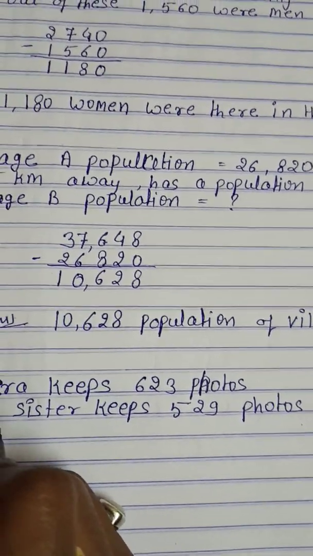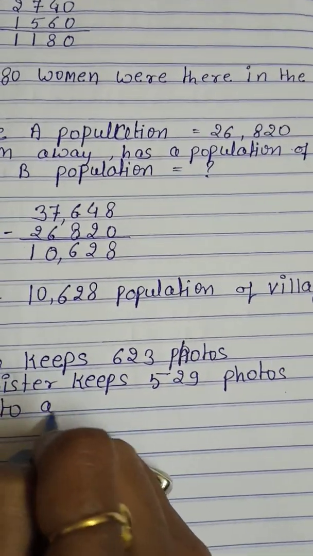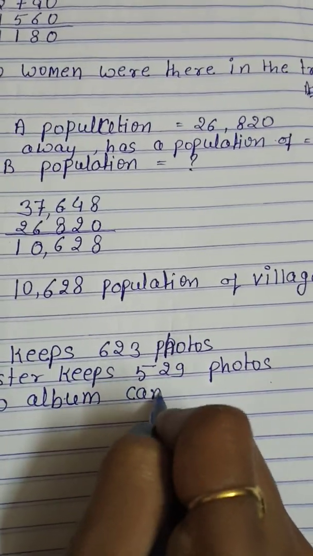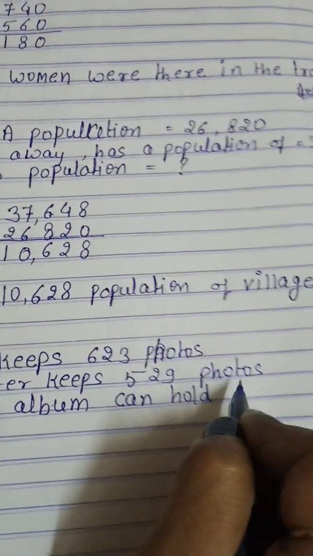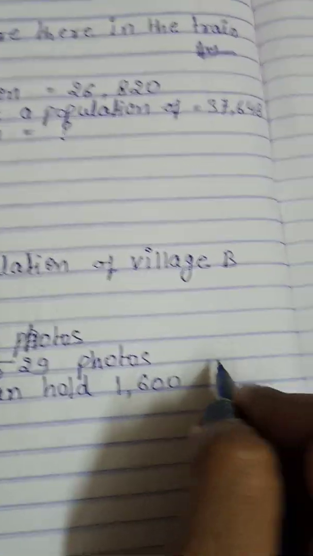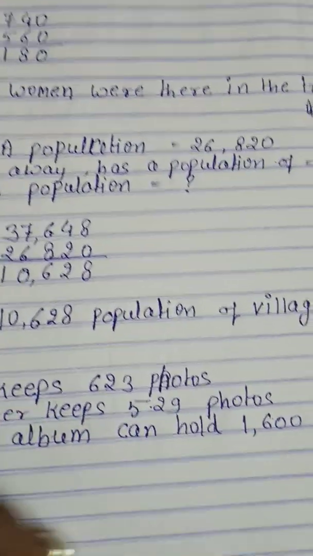a photo album can hold 1600 photos, right? So first we have to add both these numbers. So first we have to write like this